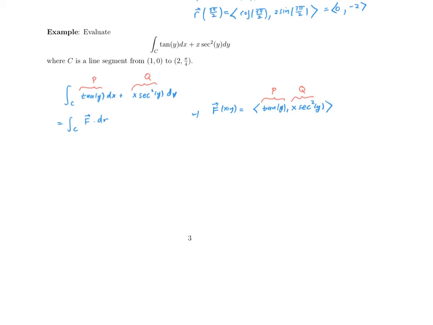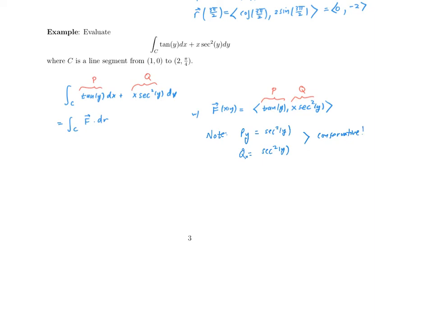And as we are talking about the fundamental theorem of line integrals in this section, and we very clearly have an identified starting and finishing point, it makes sense to ask, is this vector field conservative? That is, what are the partials p sub y and q sub x? P sub y is secant squared of y. Q sub x is also secant squared of y,